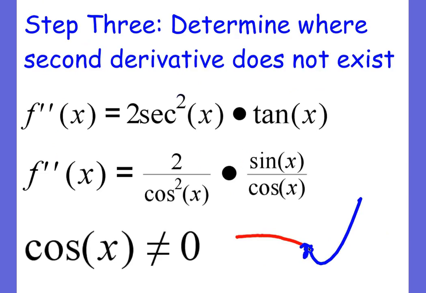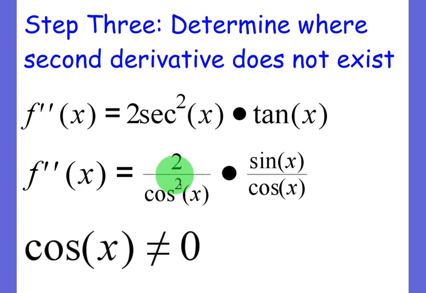It would go from a decreasing tangent line to increasing. So at a cusp, for example, the concavity might change. So that's why we have to figure out where the derivative doesn't exist. So where does this not exist? It's whenever the denominator equals 0. If we convert these in terms of sine and cosine,